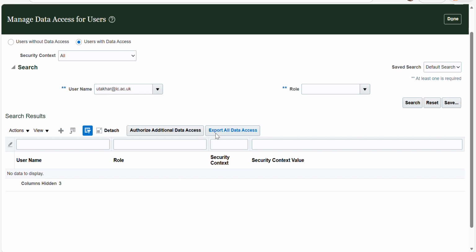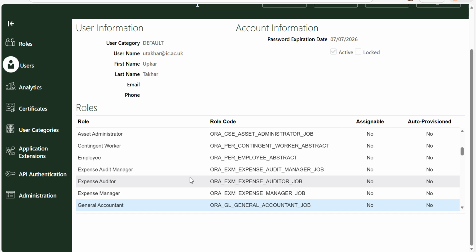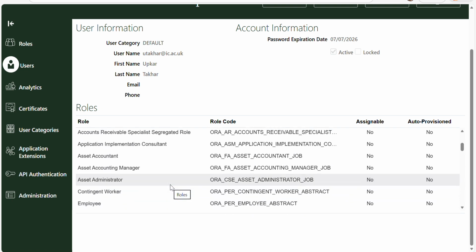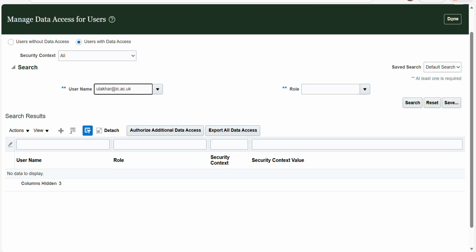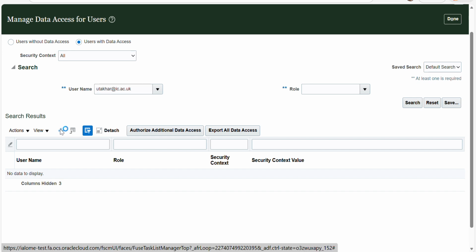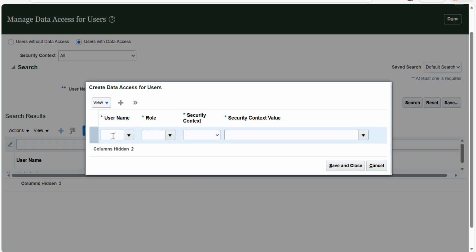So by definition, this user has no data access for any of the roles that we saw, and there were many here, not just general accounting. We can see that there were none for assets, for payables or receivables. So for the sake of general ledger, and the argument for this video, let's add the data access for general ledger access. So again, our user,